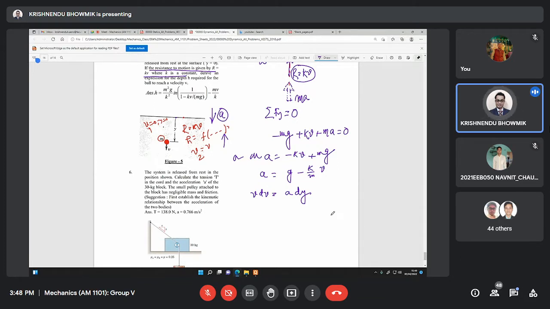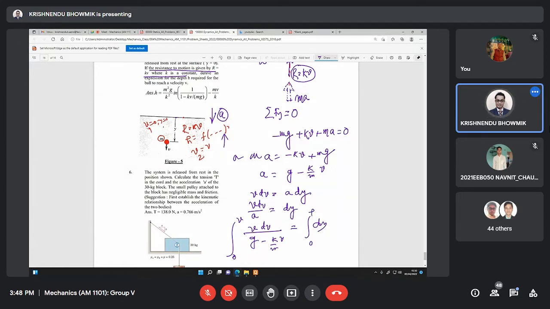This expression we will use. Now, for this expression v dv equal to A dy, or maybe v dv by A equal to dy. Now v dv by g minus k by m v equal to dy. If you do the integrations here, velocity 0 to v, and this is 0 to height